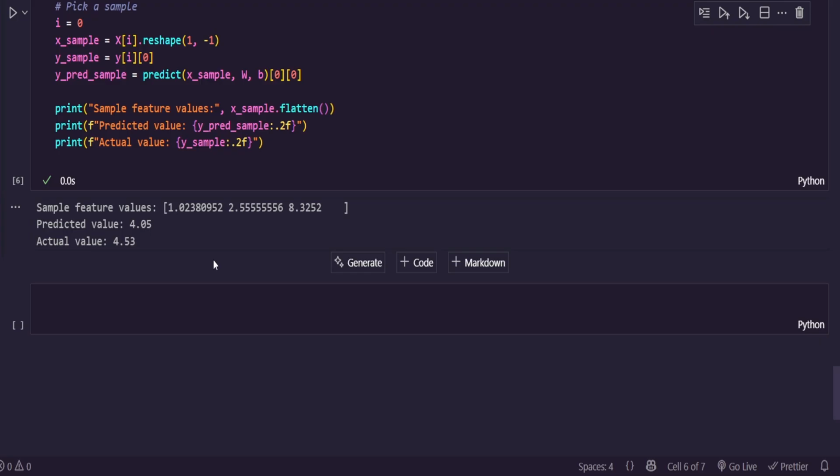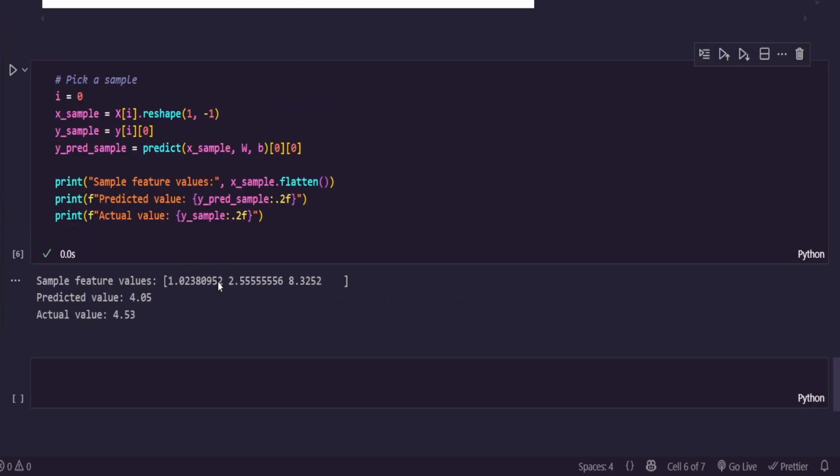So we are off by about $48,000, which might sound like a lot, but in real estate, especially in a large and diverse dataset like this, it's actually a reasonable error for a basic linear regression model. This prediction shows that our model has learned the general patterns well. Even though it's not perfect, it gives us a solid estimate based on the input features. With more training, more data, or using more advanced models like polynomial regression or regularization, we can reduce this error even further.